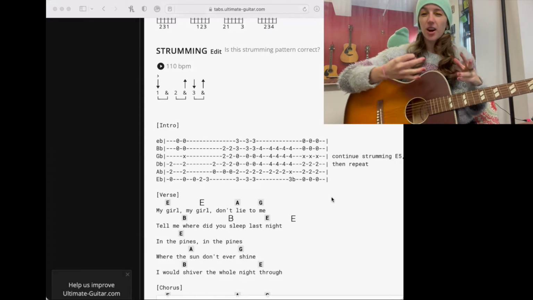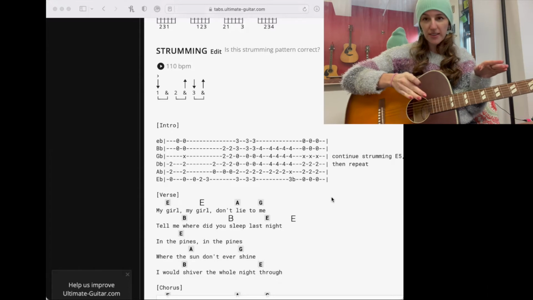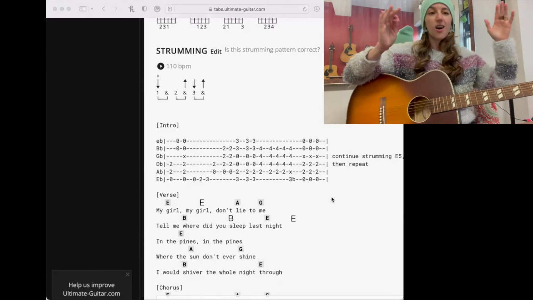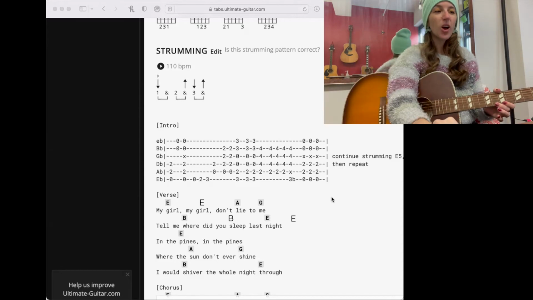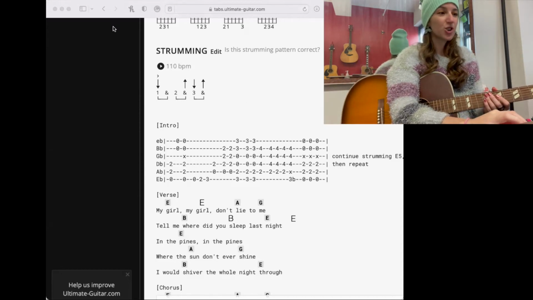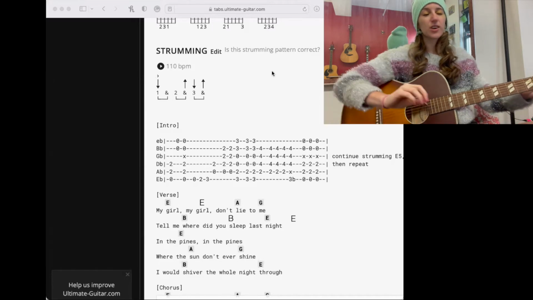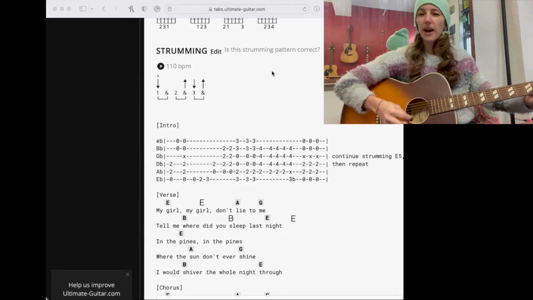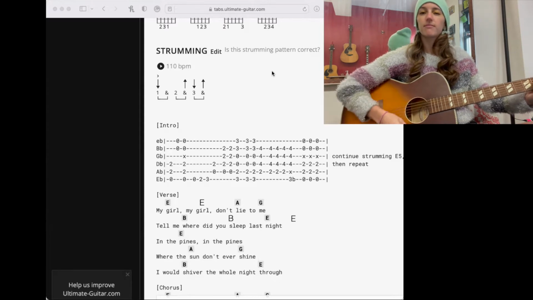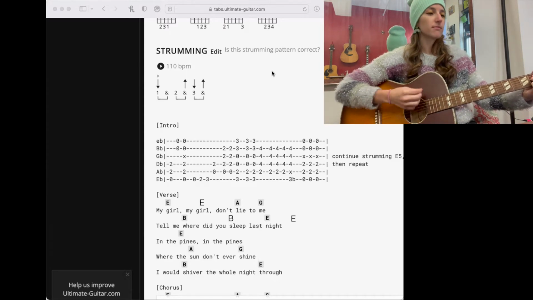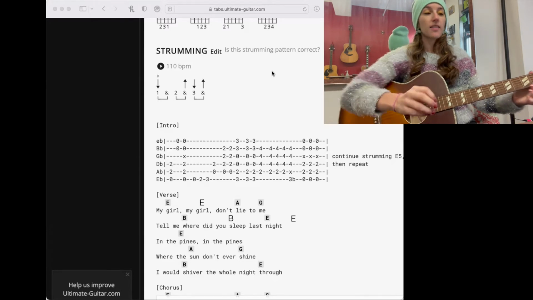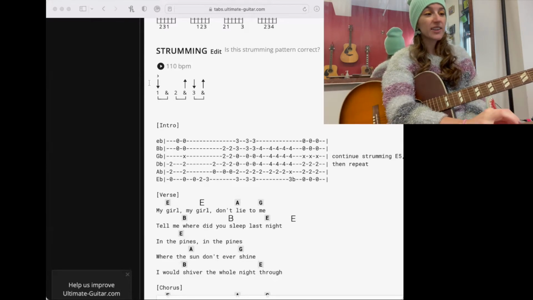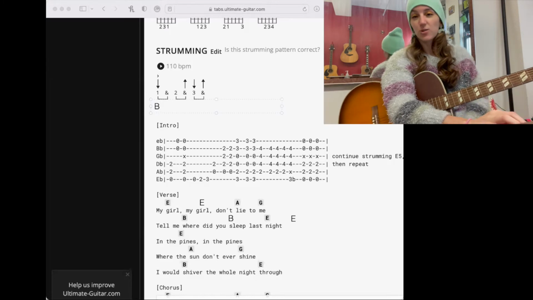So that is another option for you to use that strum that's actually on the Ultimate Guitar chart all the way through the entire song, and that will keep you playing to the end. A way to spice that up, you'll notice in this chart, they actually have an accent. So all that means is you can strum this first beat with a little more power. That's an option. Another option that I actually like, and this will get us closer to the version that I